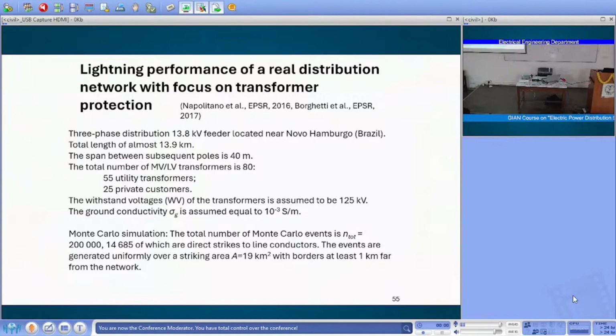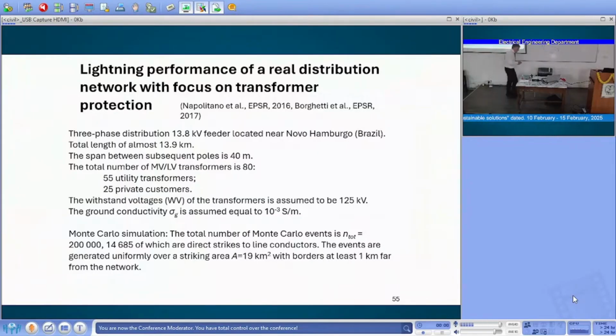Probably the same. The technology in the transmission system can be a little bit different. They may also use gap surge arrestors that may be less affected by something, no? But more or less the technology is similar in transmission and distribution, and also the same idea that reducing the number of surge arresters may be useful in order to reduce the cost and reduce these effects. So this was also the idea here